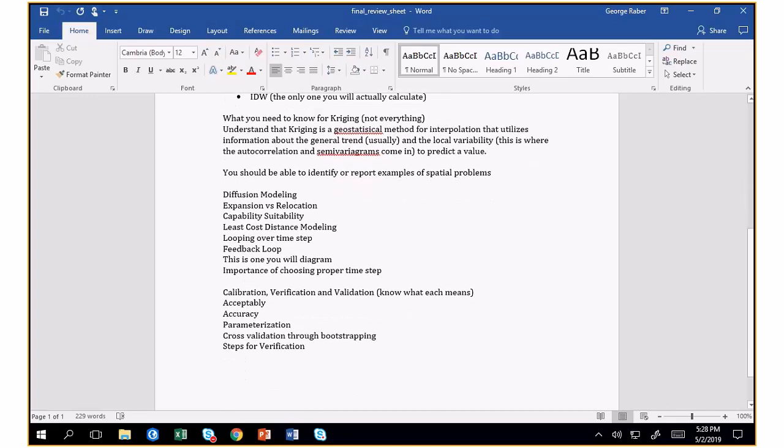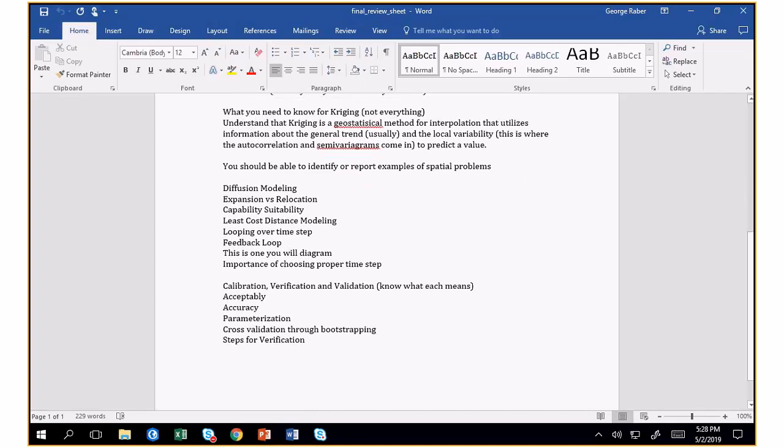All right, now we did talk about Kriging. We spent a fair bit of time on that. There were a lot of slides in that lecture. You don't need to know everything about Kriging, but you should understand that Kriging is a geostatistical method for interpolation that utilizes the general trend and local variability. And you should be able to recognize a semivariogram. So there's a semivariogram on the test,